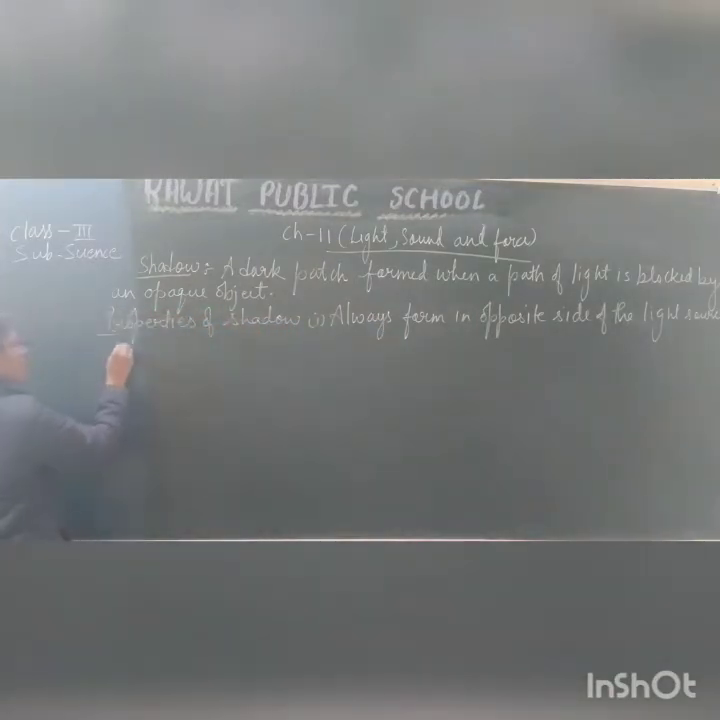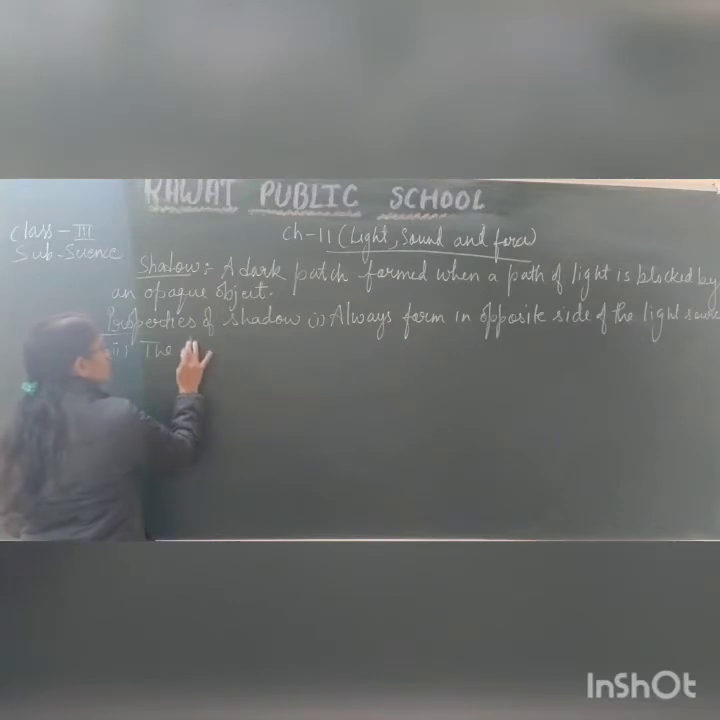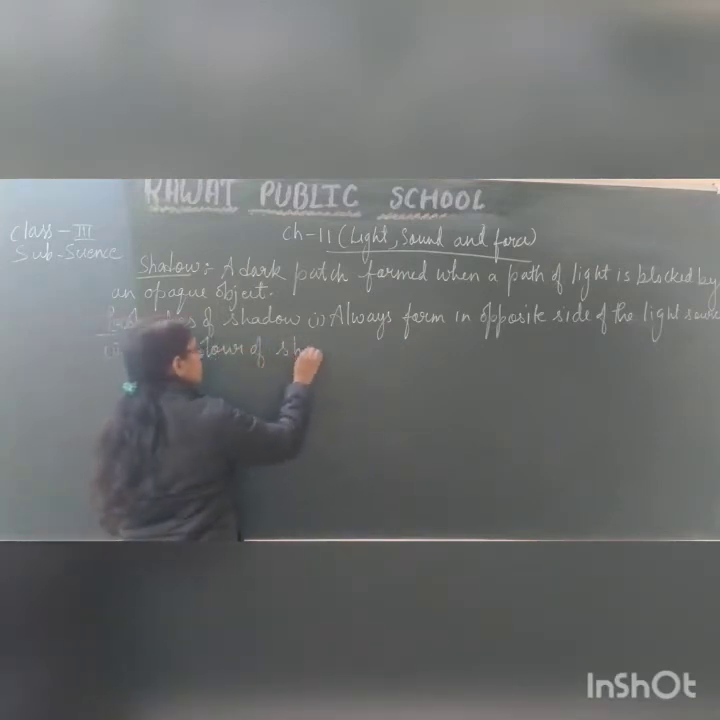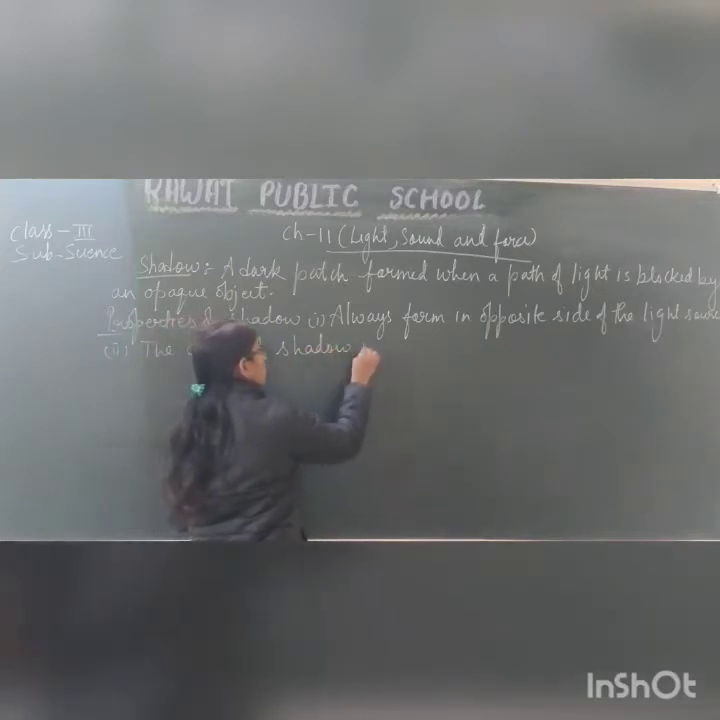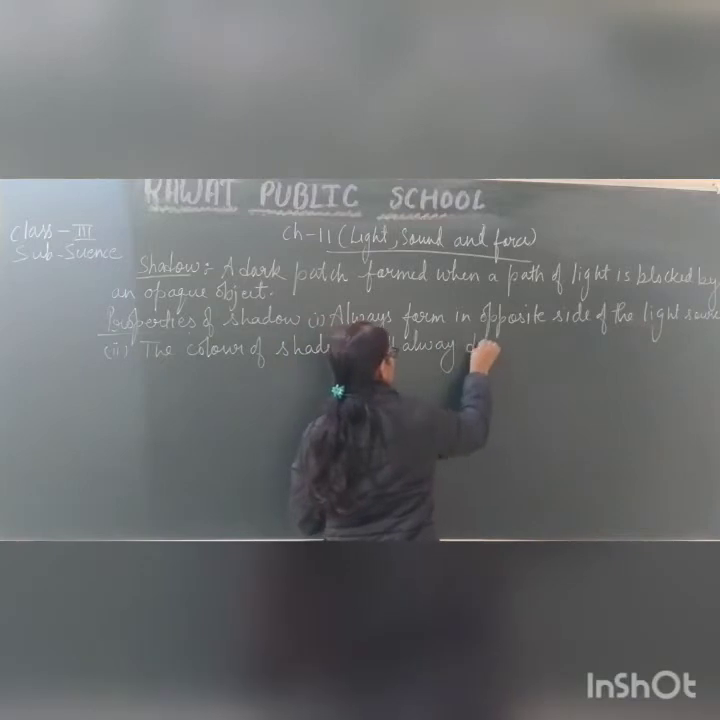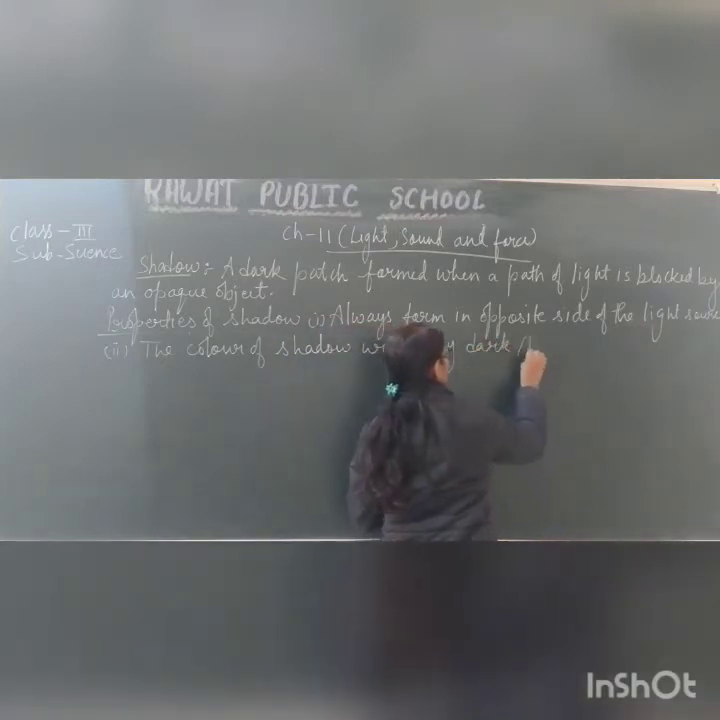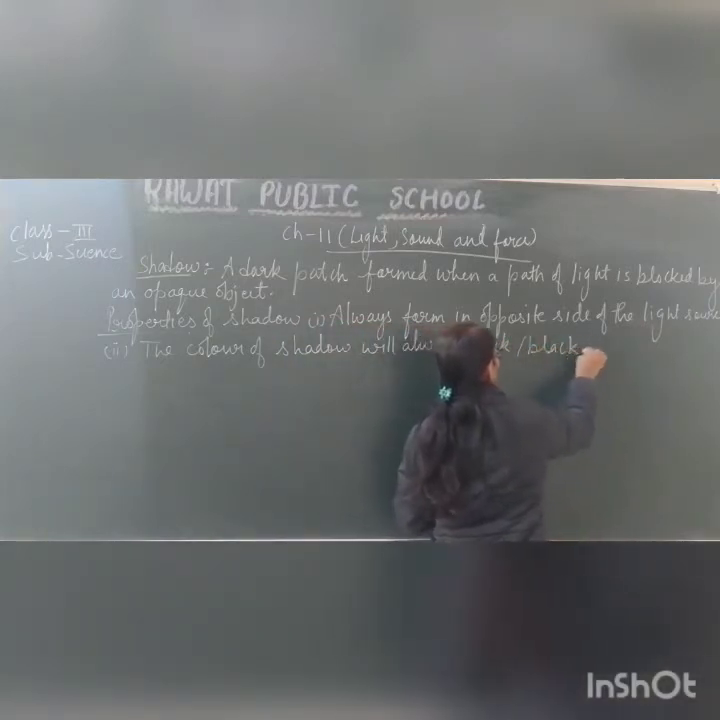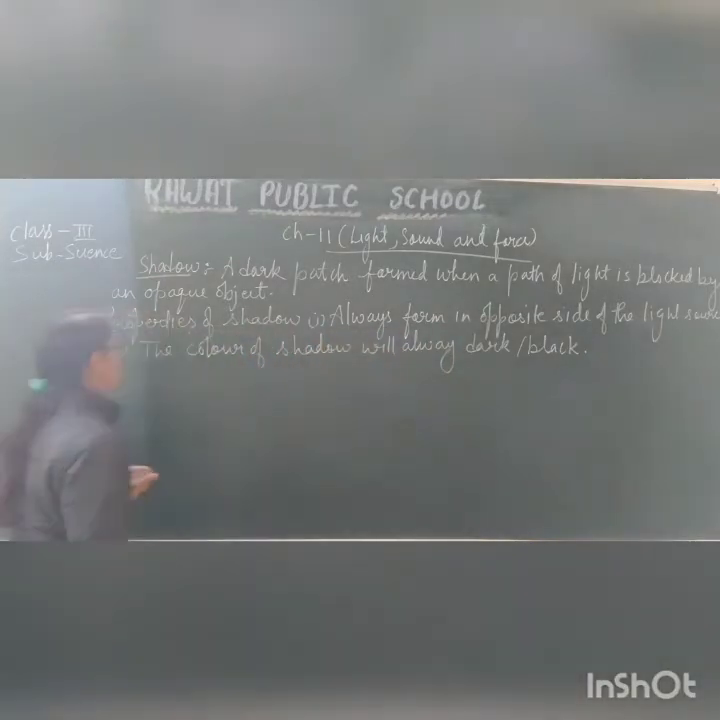Next, the color of the shadow will always be black. So the color of a shadow will always be dark, or it will always be black. And